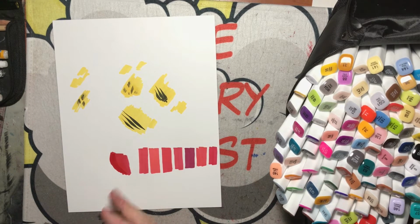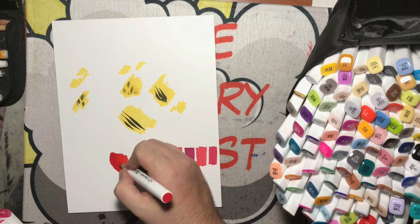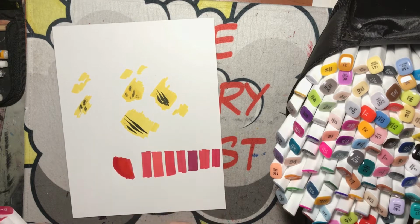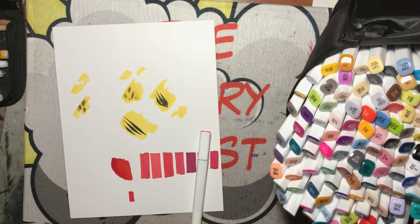Now I wish I could remember what red that was. Dang it. Was it carmine? Was it this one? No, I don't think that was it, but all right, so let's try a new one then. Which one did I just grab? Vivid red? No, that wasn't it. What was it? Rose red? Is that it? All right, yeah, so let's try rose red and this,